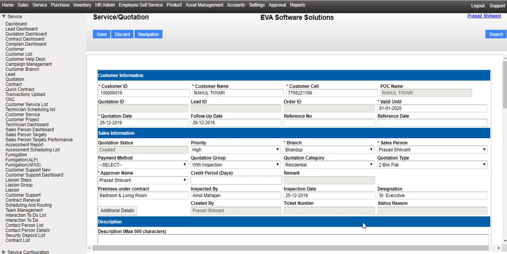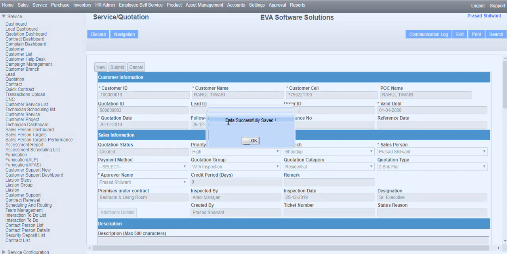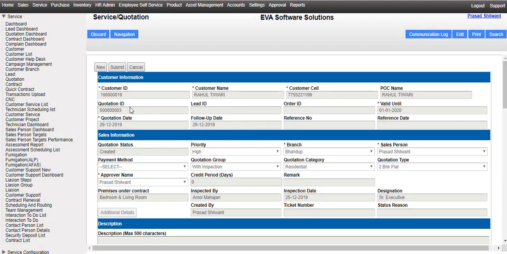Once I am assured that all the information is filled in, I'll simply have to click on the save button. So now I'll click on the save button. Data successfully saved. Once I click on OK, you can see here that the system has allotted this document a unique ID. And you can double check it. As this is still in the created mode, you can change any of these values here. You simply have to click on the edit button here on the top,